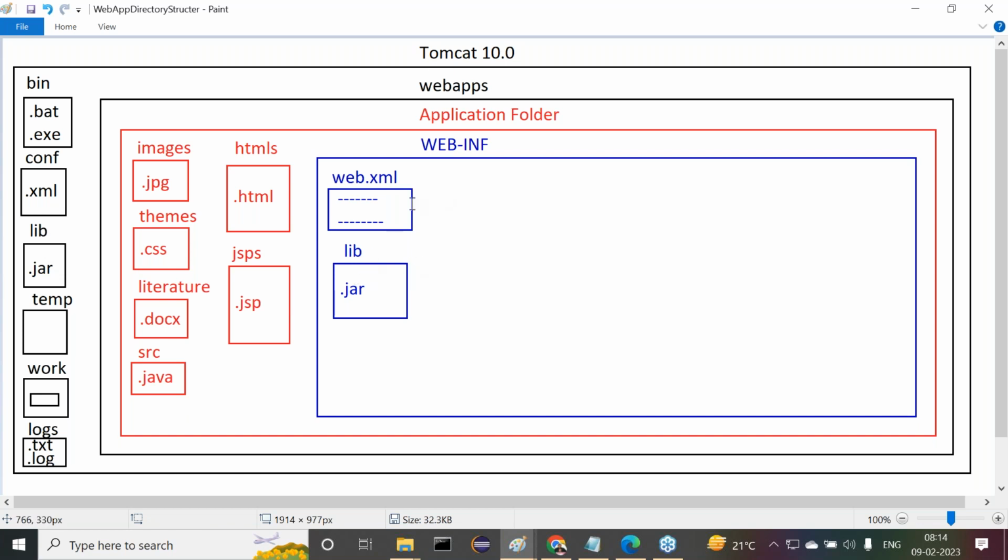But now there is a lib folder under WEB-INF. This lib folder contains jar files. These jar files are required for our web application. The jar files under the WEB-INF lib folder are required for our application, not for the Tomcat server. For the Tomcat server, some libraries are required which are provided by the lib folder available under the Tomcat folder. But in our application, in our WEB-INF folder, if you have a lib folder, you're able to provide jar files for